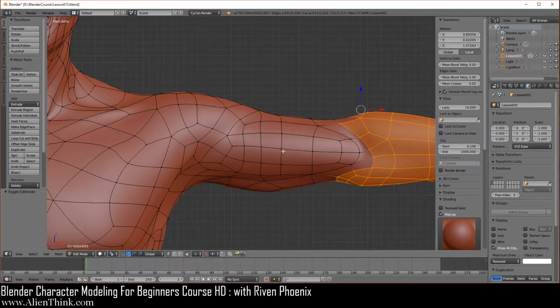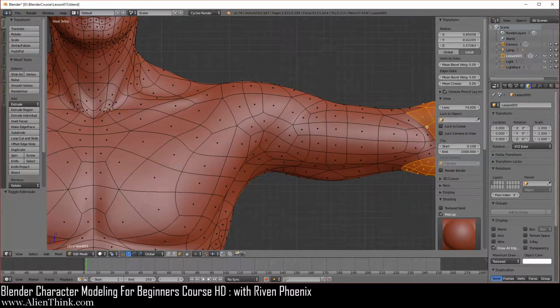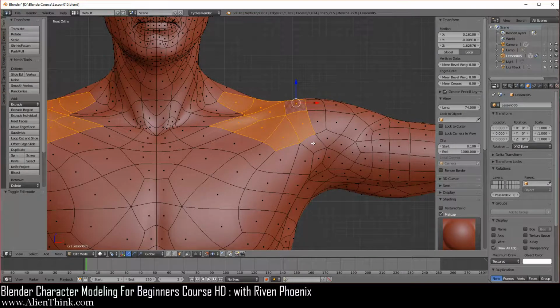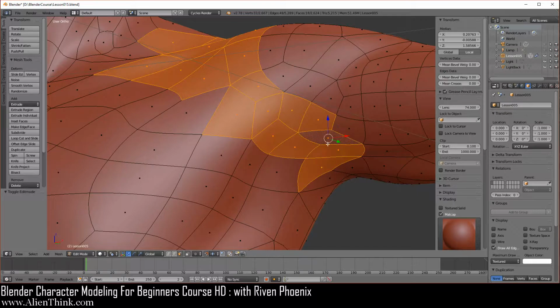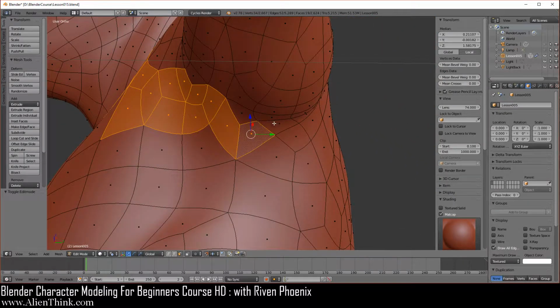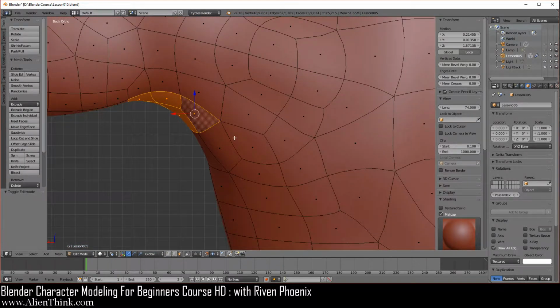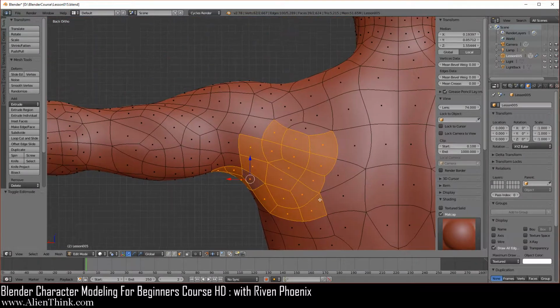Now we're going to go into edit mode with Tab over here. Now what we're going to do is actually just go into face select mode, just still have that selected. You're going to click on this face, Shift key down, this one, click on this, and select on these, go over here, this one, this one. Okay, so it basically should be like this over here. Then you're going to select all these. You're going to come around, select all these over here. You come around, select all these, press Control 1, and you're just going to press the C key and now just select everybody over here. Okay, make sure you're selecting it just like in this pattern.